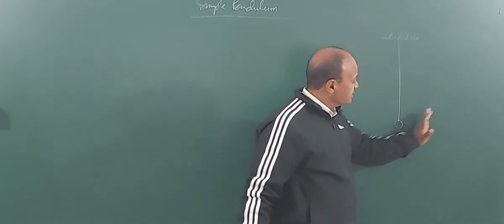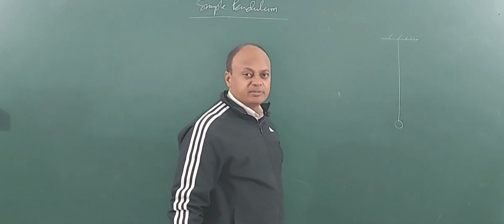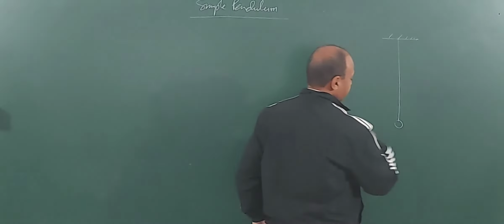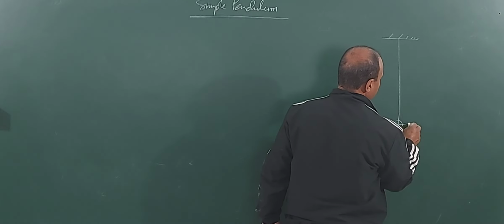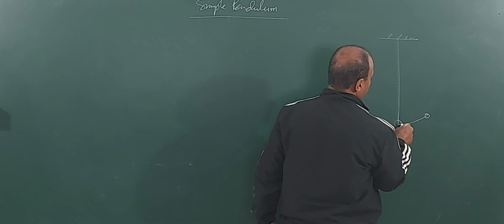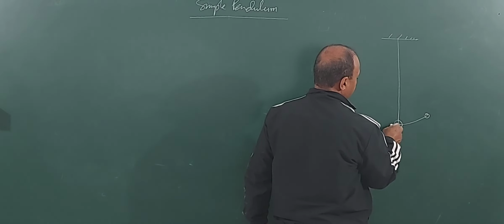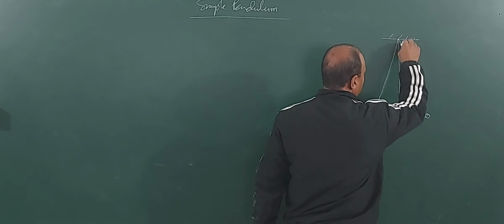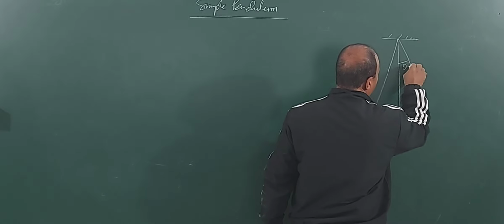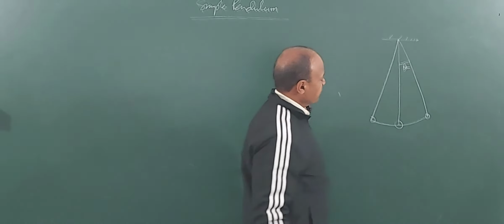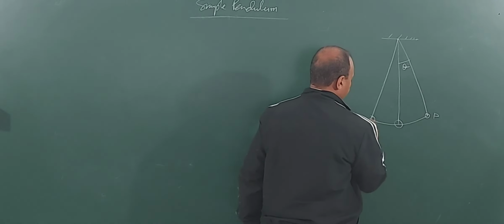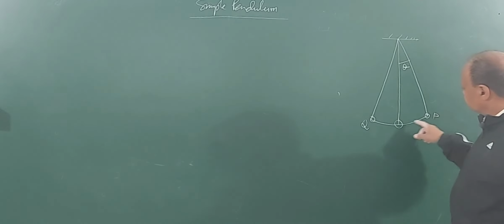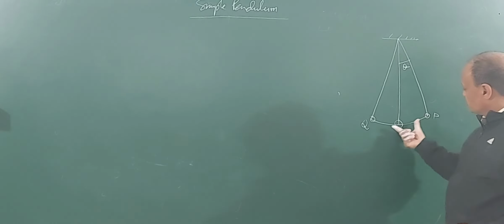Now if I displace the mass slightly from its mean position and release, then it starts oscillating simple harmonically. If I displace it to the right, it will go to the extreme position, and again it will come back, pass the mean position, and go the same distance on the other side. Here angular displacement on either side we will consider as what? Theta. Suppose this is point P and this is point what? Q. So these are extreme positions.